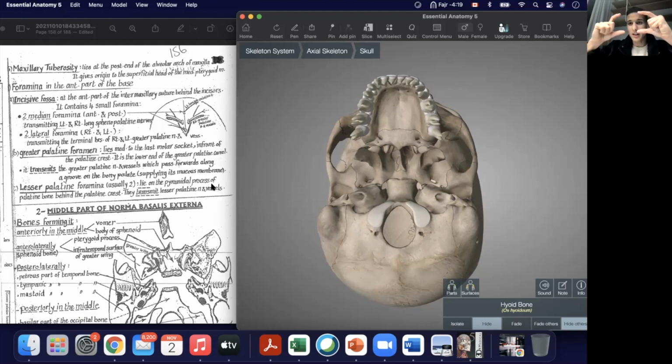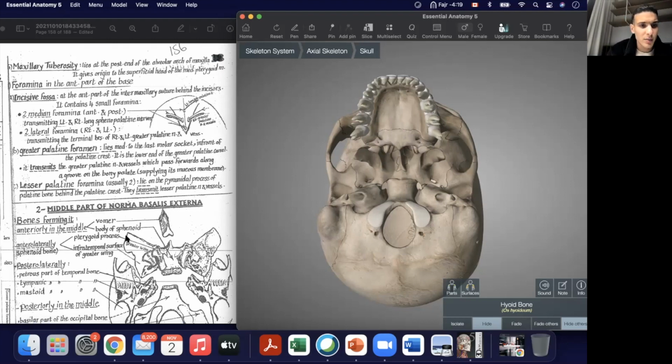So we have done the anterior part. Remember: the alveolar arch, the palatine processes of the maxillary bones separated by the median palatine suture. The palatine processes of the maxillary bones are separated from the palatine bone by the palato-maxillary suture. The palatine bone contains the greater and lesser palatine foramina on either side. That's the anterior part. Now the middle part,